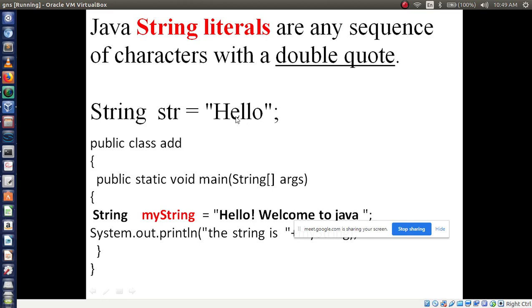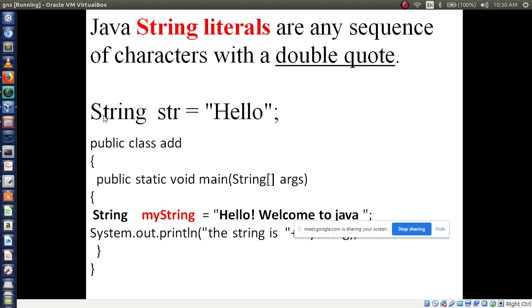So this string literal, how are you going to write? String, you have to write S capital. Remember this, S capital, string, then followed by variable name str. You can define any variable name here, not only str, but you can also define any kind of variable as per your choice, right? So string is fixed.